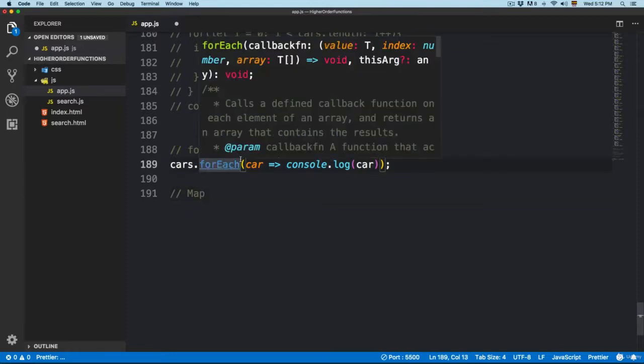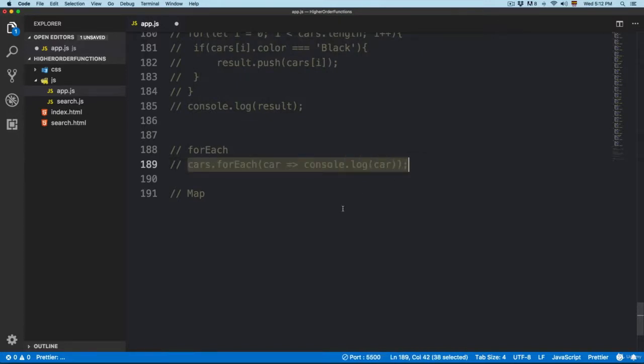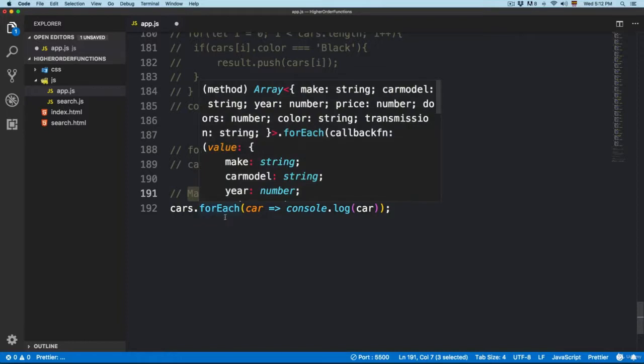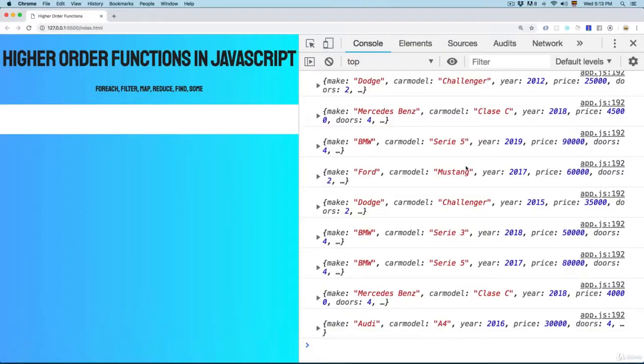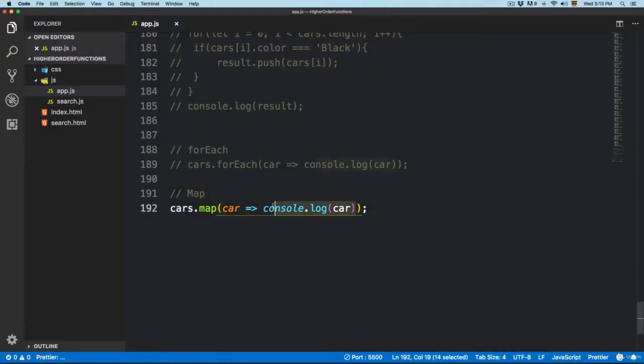So first, let me comment the previous line. Let me create a copy of this. The syntax for the map method is going to be really similar to this. The only difference is that you add map right here. So if you save this and open the project, you can see the result is going to be the same. It's going to access all the different elements that we have, and it's going to display the contents that we